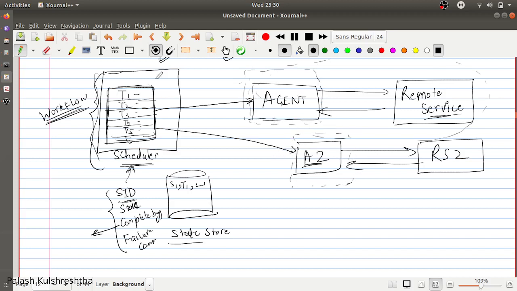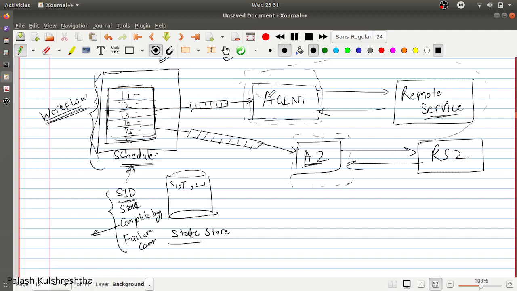All the interactions between scheduler and agent are going to be buffered via request-response queues. The scheduler is going to send its request to the agent in a message queue, and the agent is going to respond back to the scheduler via a message queue only.